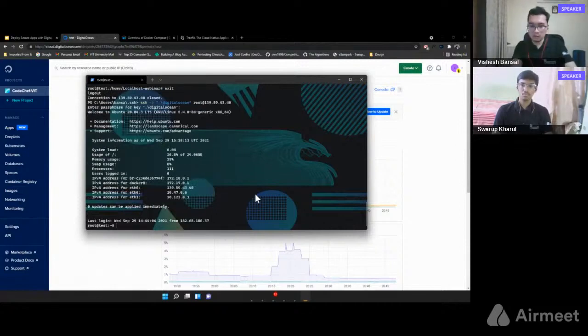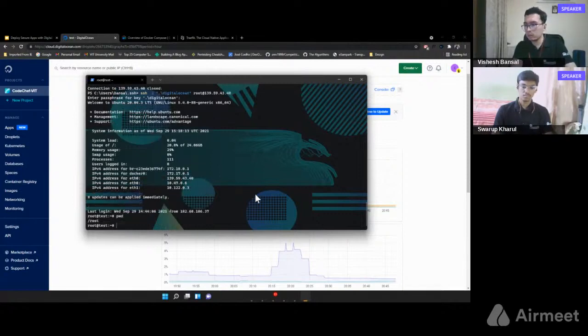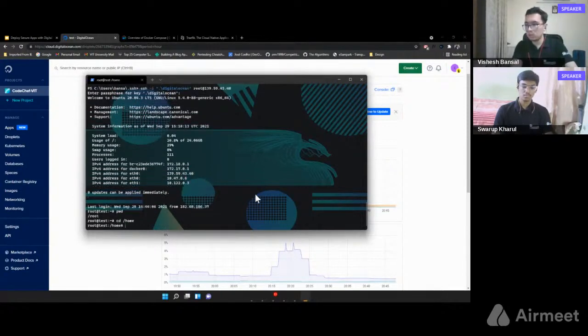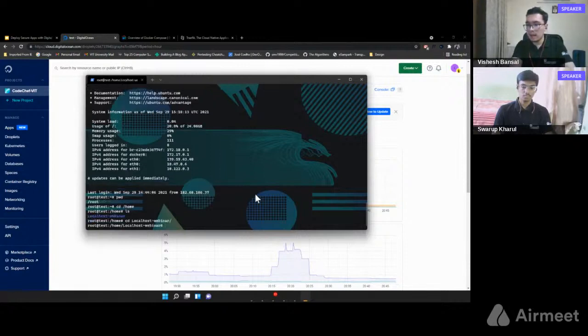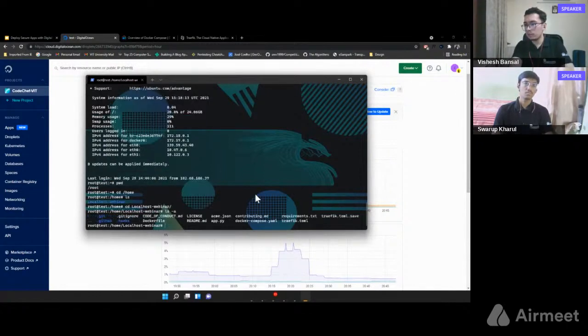Then we type pwd to find the current working directory, and we're in root. So let's do cd /home, and we do ls, and we see that we have the folder localhost webinar, which is already cloned for you. We do cd localhost webinar, and let me show all the files in this.